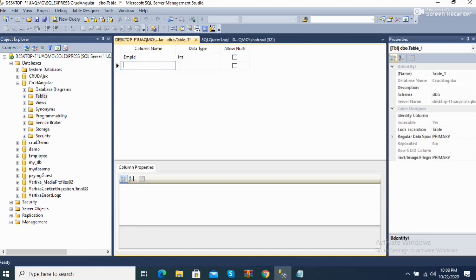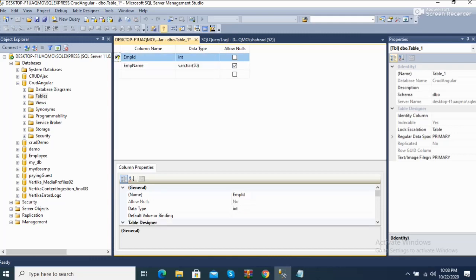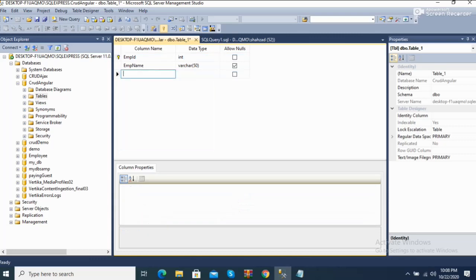In the second column, we add employee name, and it should be the varchar data type, and it allows null. We set employee ID as the primary key. The third column is date of birth, and it should be date.